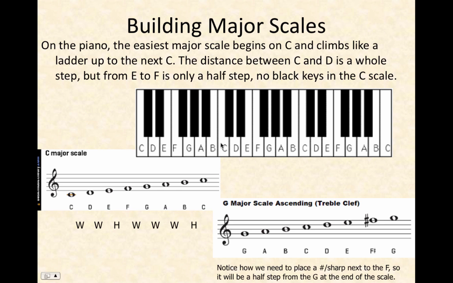Now, let's start on D and make a whole-whole-half pattern. Much the way planets rotate around and are pulled toward the sun in an orbit. Outline pitches are pulled toward the tonic pitch. They want to eventually resolve. So D to E is whole. F is a half step, and we need two whole steps. So we're going to go whole.